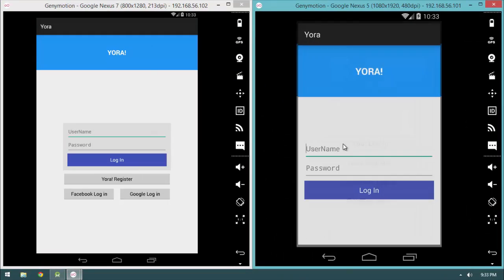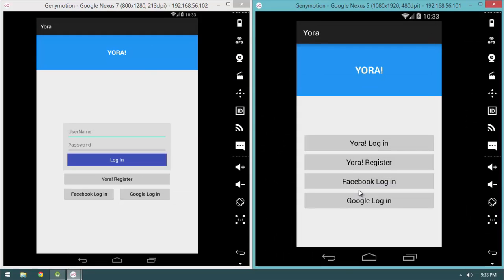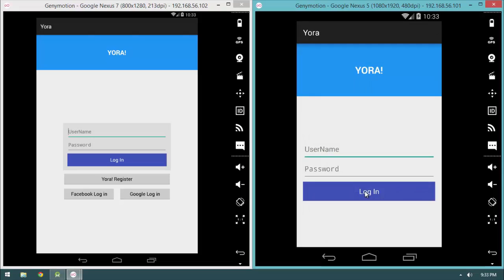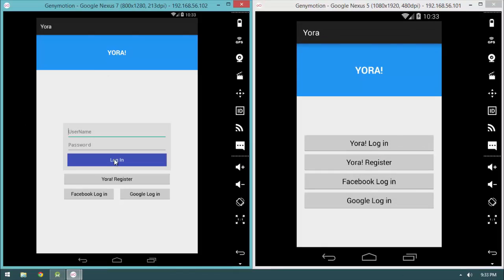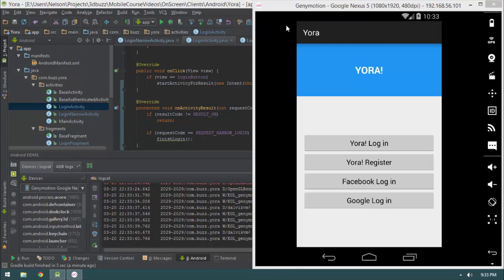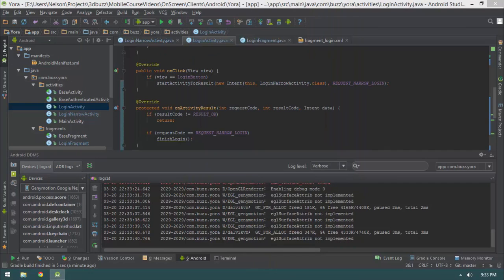Okay, so I'm going to do URL login, and then I'm going to click the login button, and I get my login activity. Click the login, I get my, that's weird, right? Come over here to the tablet, hit login, and I get my login activity again. Alright, so what's happening? Well, what's happening is the code is doing 100% of what we told it to,